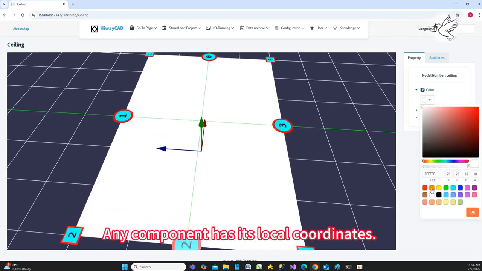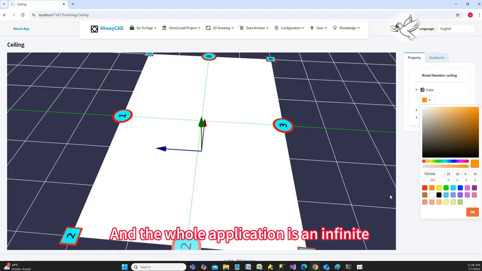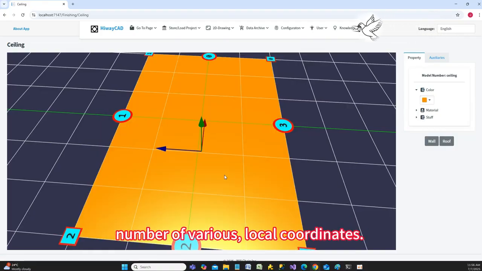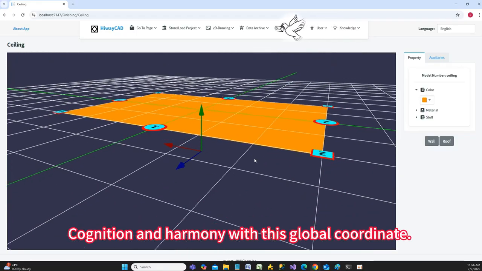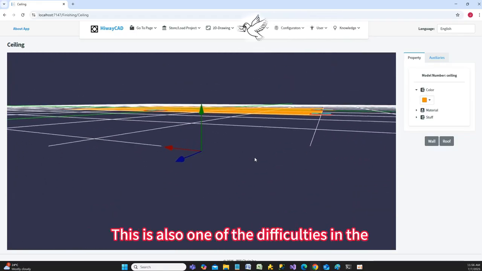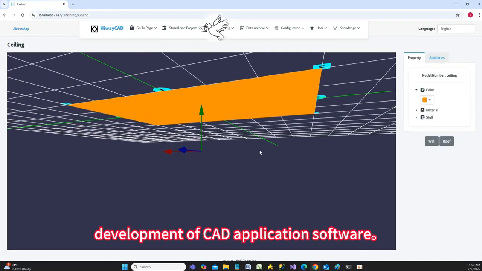Any component has its local coordinates, and the whole application is an infinite number of various local coordinates. Cognition and harmony with this global coordinate is also one of the difficulties in the development of CAD